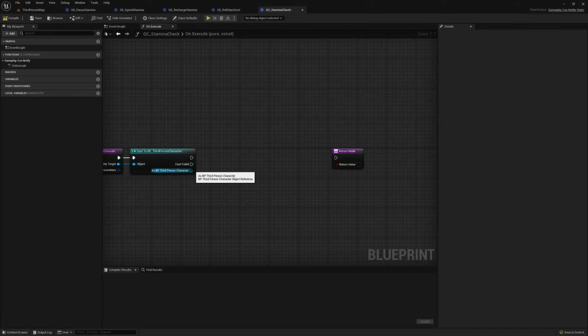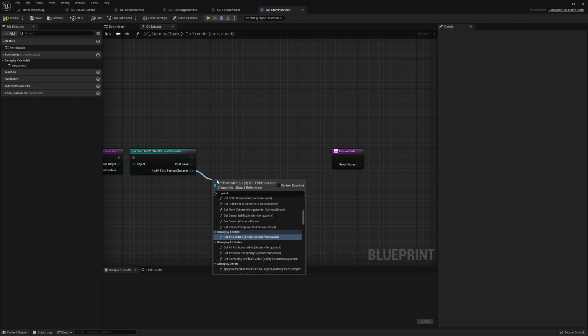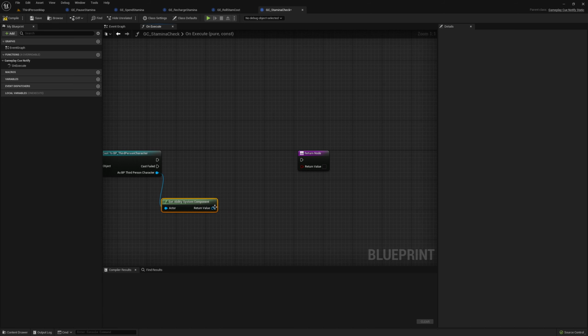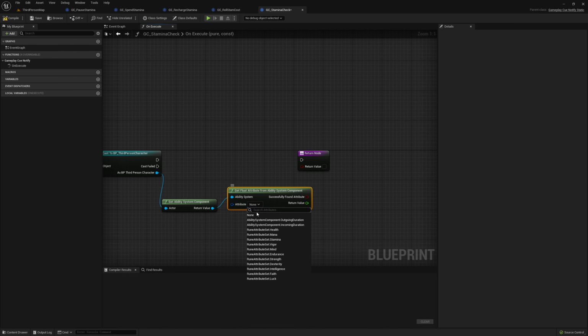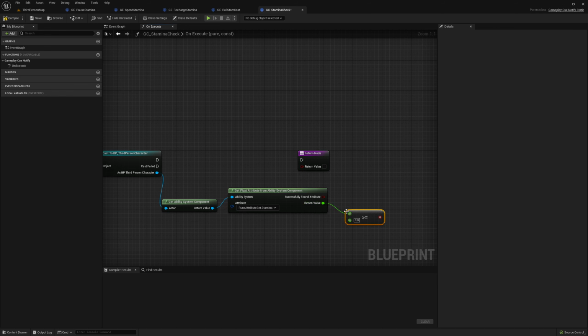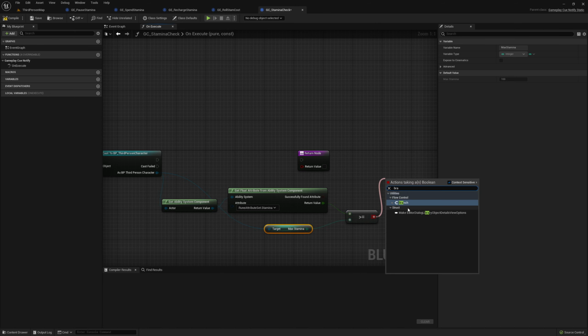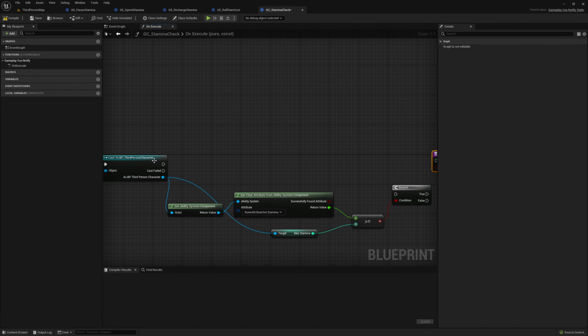And then we'll want to get the ability system component, which will get the float value, float attribute, and then we want stamina. We want to see if it's greater than or equal to the, from the third person character, max stamina. Plug that in, and we can branch. So it will branch here,